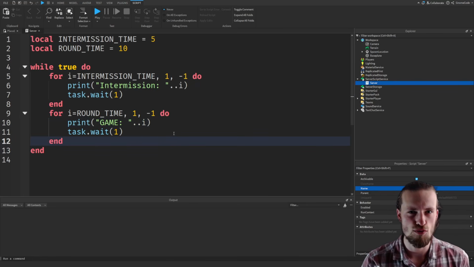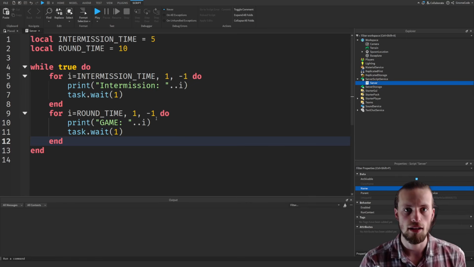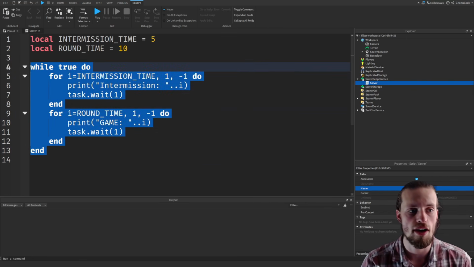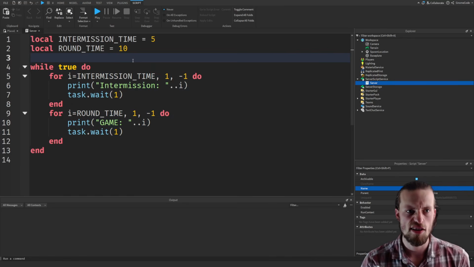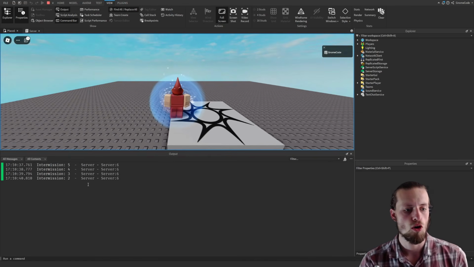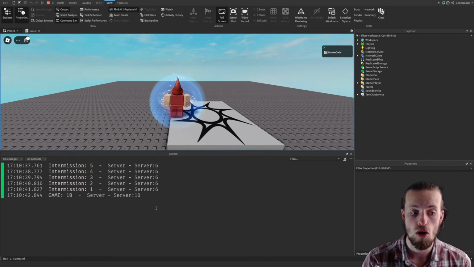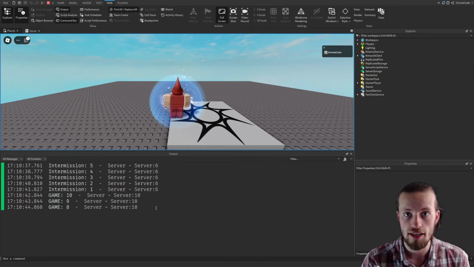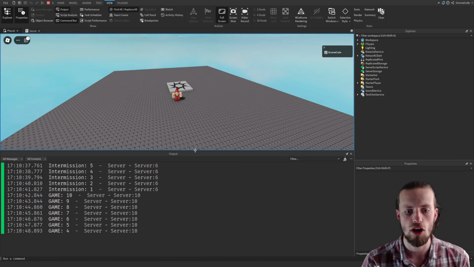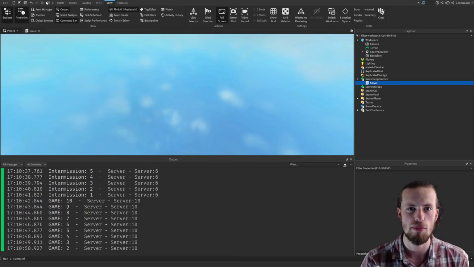So that is a really, really basic little round system, right? We've got 2 loops inside of a while true loop. Now, this isn't really going to do very much, but if we hit play right now, we'll be able to see down in the output here, we've got 5, 4, 3, 2, 1, and then the game 10, 9, 8, and so on. So now we've got our clock going, we can start to flesh this out a bit more,